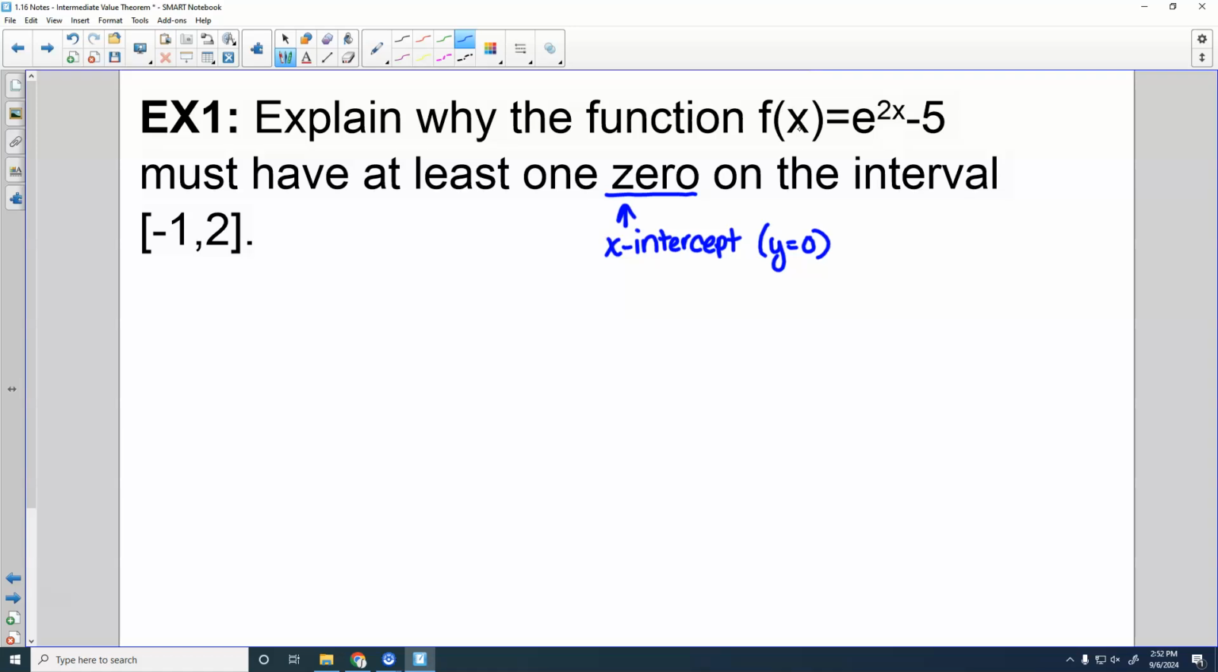So, first of all, I must know, is f continuous? e to the 2x minus 5. What do exponentials look like? They just go up. They're continuous everywhere, right? So f is continuous because